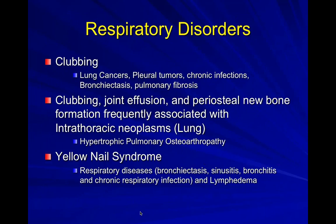So what are some of the conditions that we see with respiratory disorders? We said for sure clubbing, could be lung cancers, pleural tumors, infections, bronchiectasis, or pulmonary fibrosis. You see the combination of clubbing, joint effusion, periosteal new bone formation associated with intrathoracic neoplasm. Think about this, hypertrophic pulmonary osteoarthropathy. Very rare, but in the back of your mind, you may find somebody that has it,